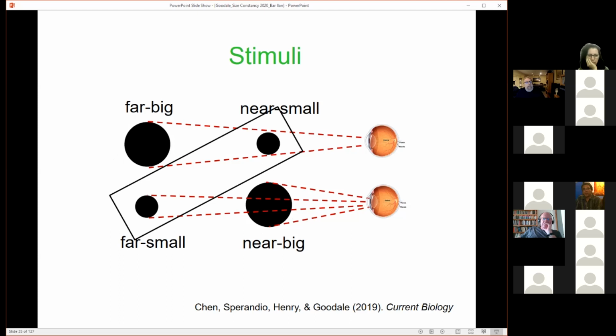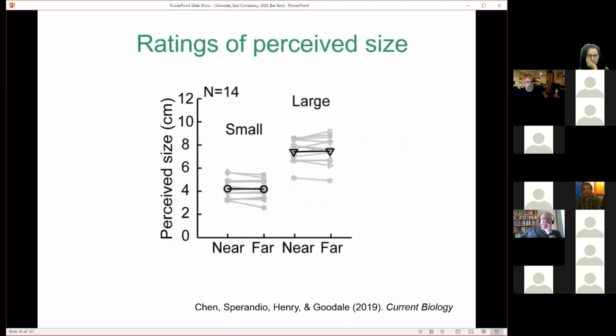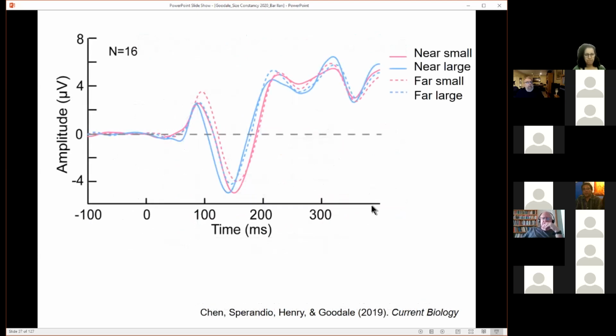When you look at the EEG signal, oh, hang on, here's a sanity check. In fact, people did rate them as being large or small, independent of their viewing distance. So we were confident that they were doing the right computation. And when you look at the EEG signal of a mean signal from 16 people, what you can see is